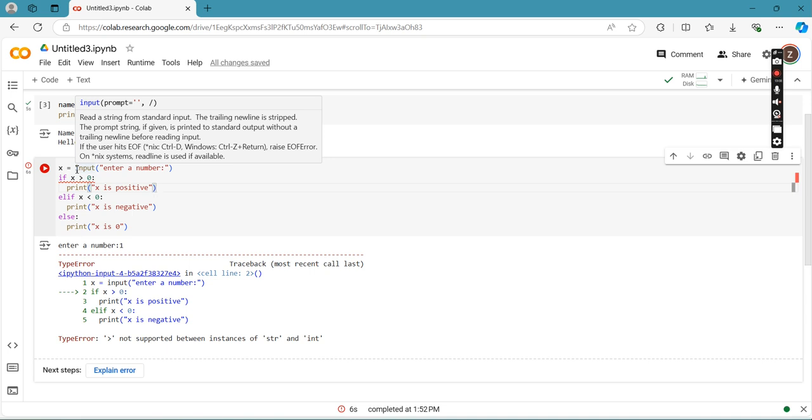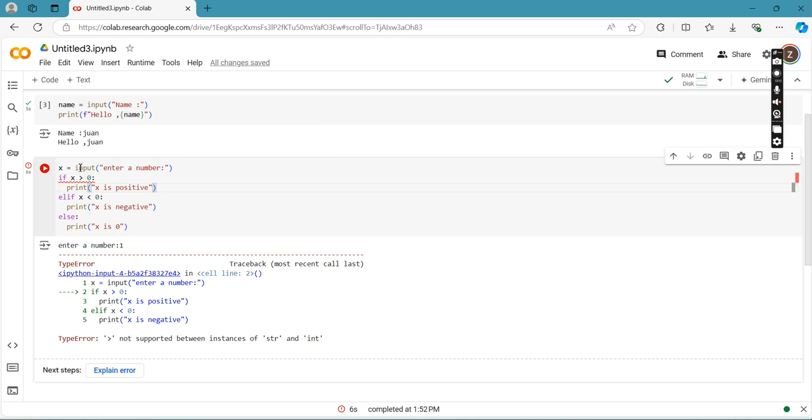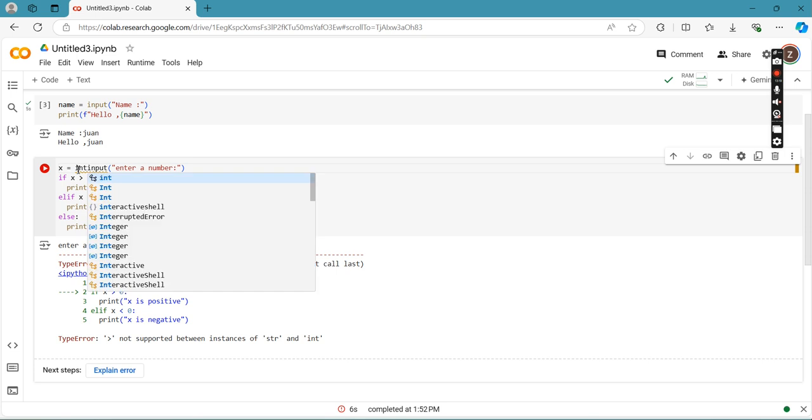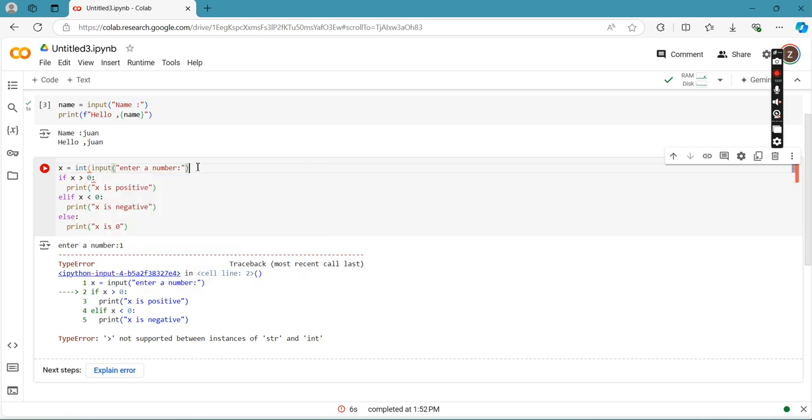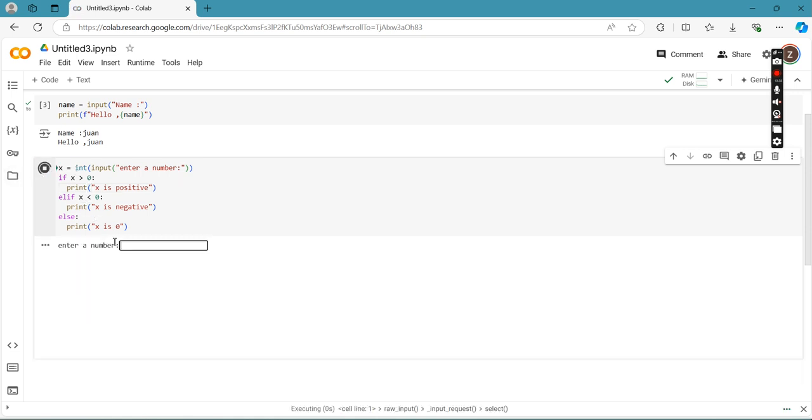We're going to tell that this input is actually an integer type. Okay, so I'm just going to place there the word int so that whatever is entered here as an input will be converted into an integer.